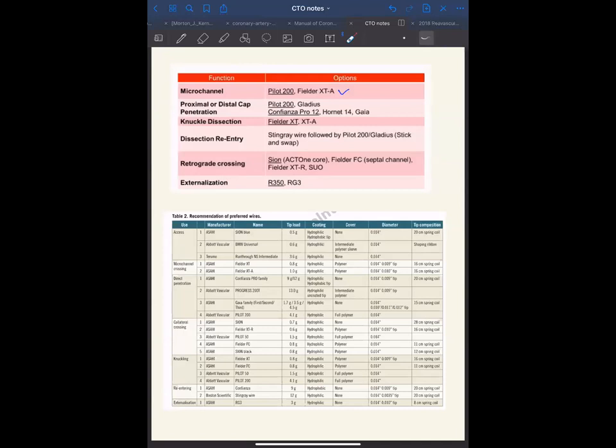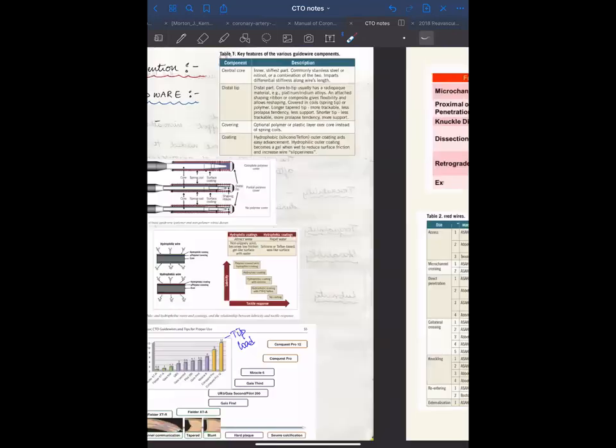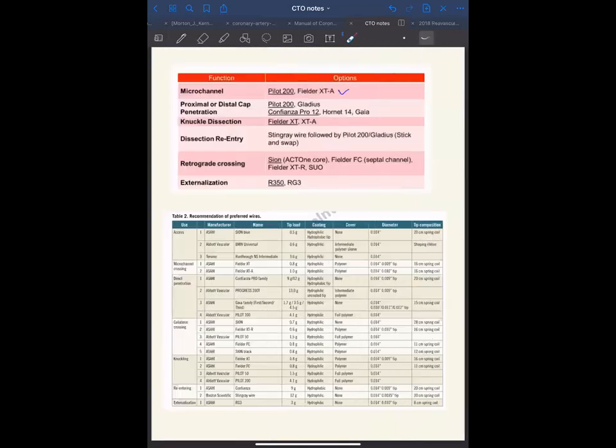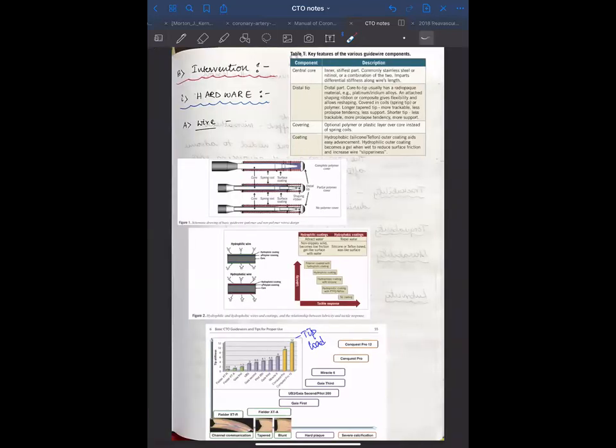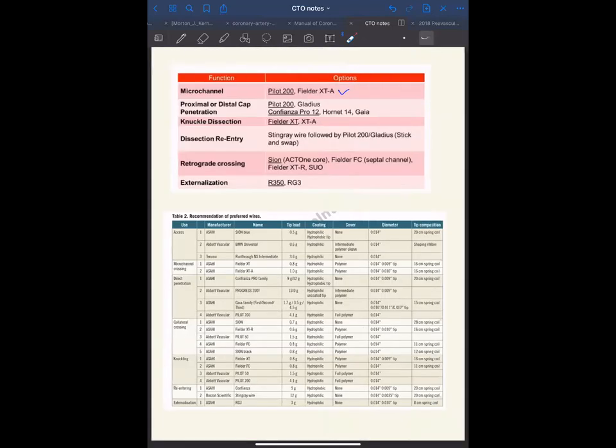So what we need to load, remember? Someone else is asking something. The higher the tip load, the more the penetration, right? No, it's not like that actually. Basically, this tip load is the stiffness. Penetration will depend on the force per area. Penetration power is equal to force per area. So once you decrease the area, the penetration power increases. That is why the tapered tip design, which is there only in a few of these, will actually have more penetration power.